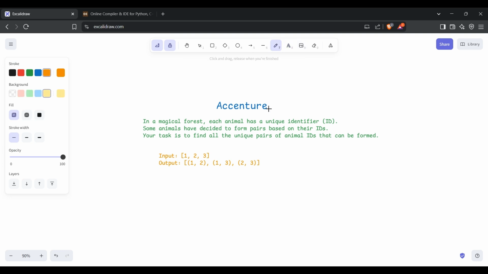So it says, in a magical forest, each animal has a unique identifier. Some animals have decided to form pairs based on their IDs. Your task is to find all unique pairs of animal IDs that can be formed. For example, if the